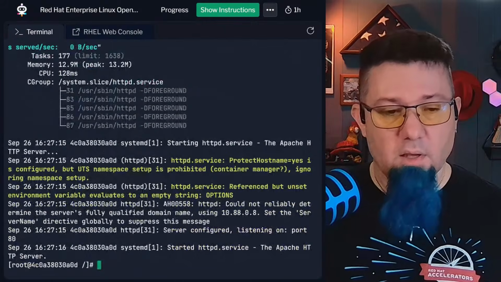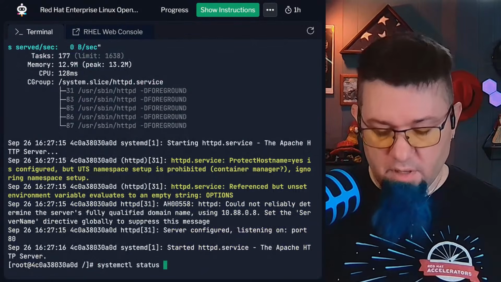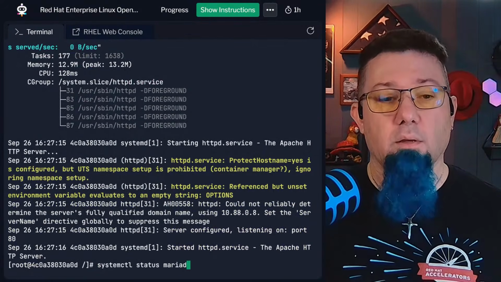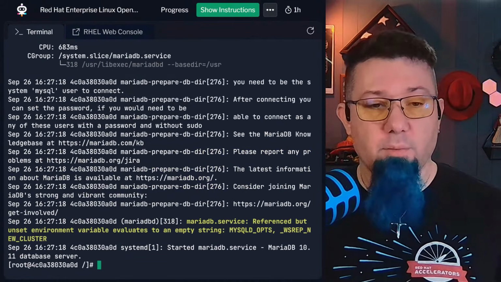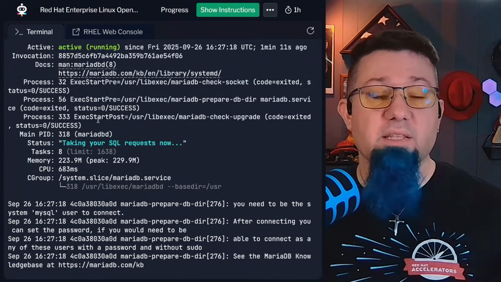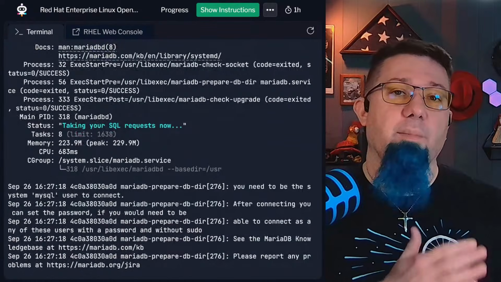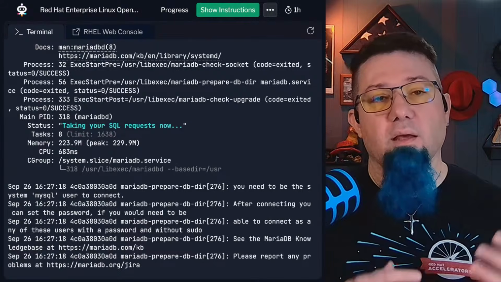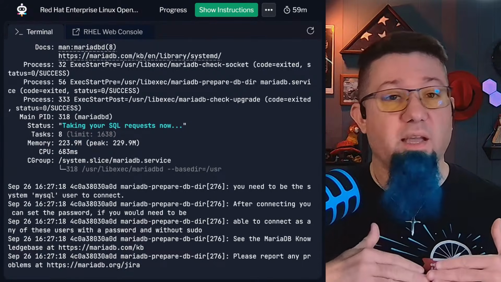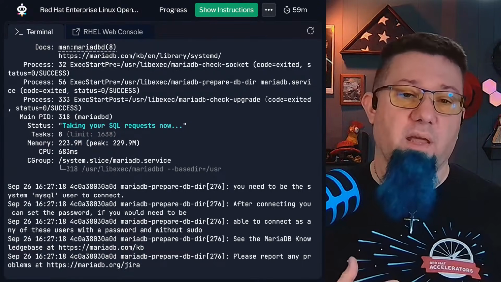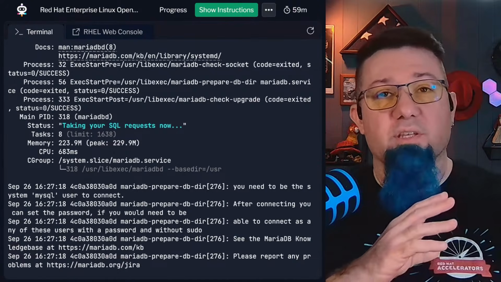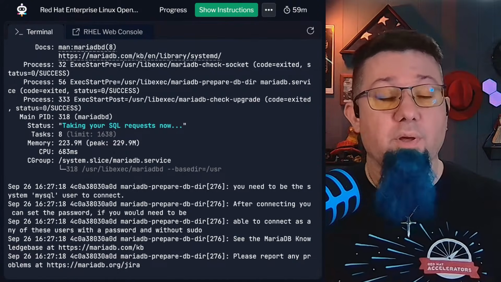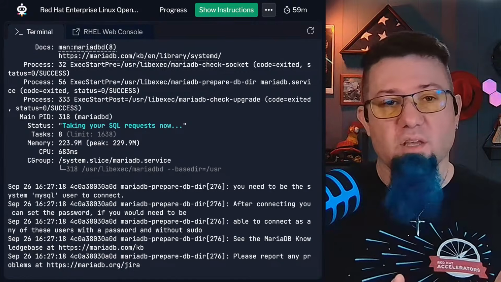Good to go. And then if we do the same thing for MariaDB, you'll see MariaDB is up and running. Now, because they're inside of the same container image, that means that, say you have a web application that needs a database backend, they can talk to each other locally within the container, right? Now, that has some benefits. Maybe you have this legacy app that you don't want to break these things apart,